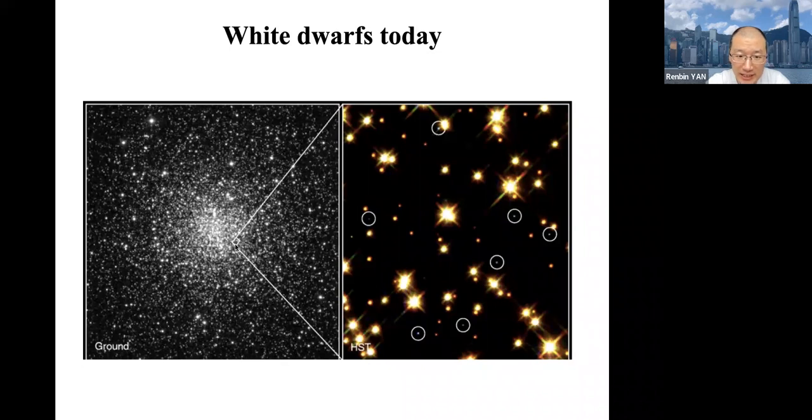If you zoom in on a tiny region of the globular cluster, you see many bright stars, but you also see many of these much, much fainter stars compared to the other main sequence stars. These are the white dwarfs. The reason we call them dwarfs is not only because they are tiny, but also because they are very, very faint in luminosity. Because the core is so small, even though it has a surface flux that is similar to the sun or sometimes hotter, the surface area is so tiny that the luminosity is so small compared to the sun.